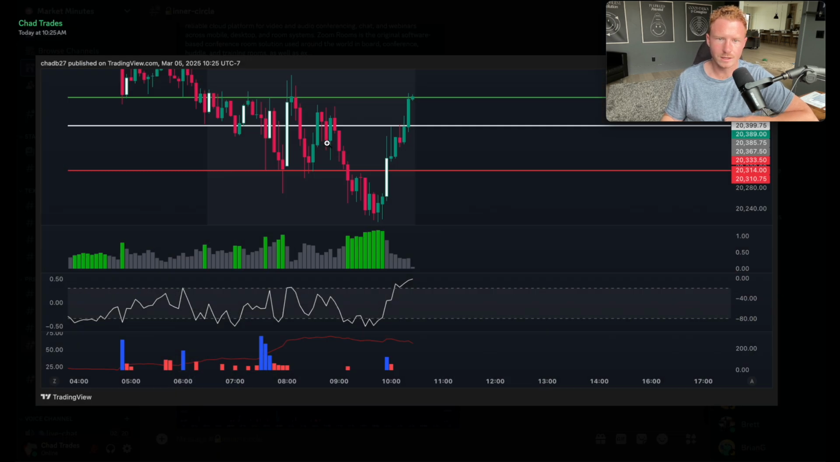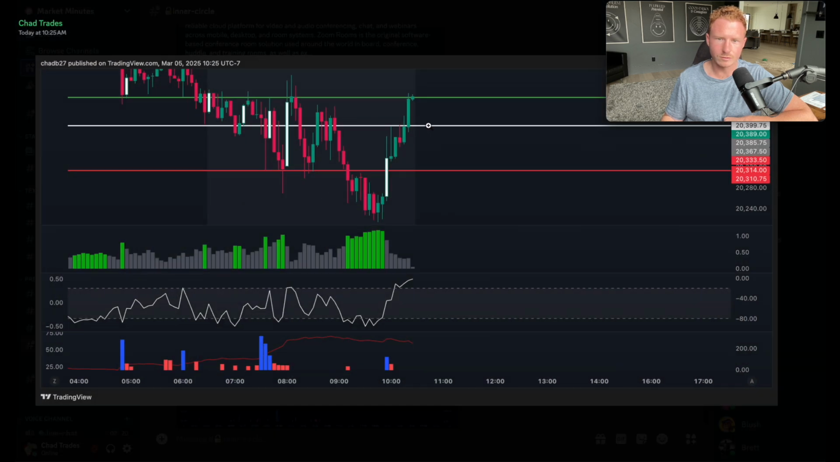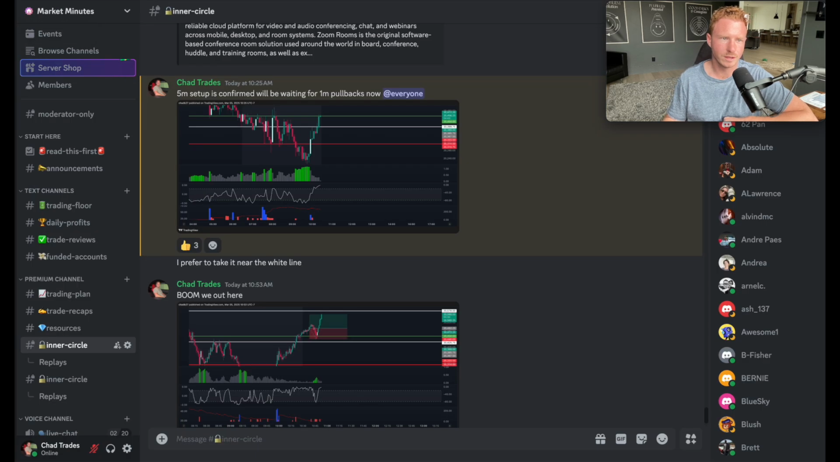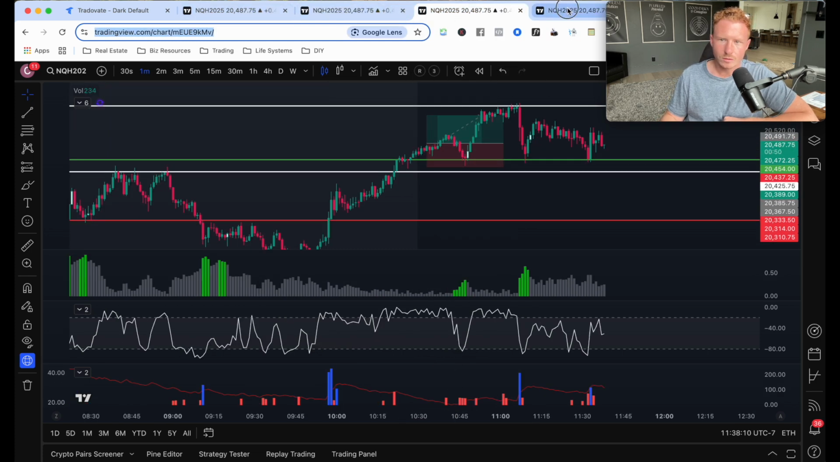As you can see, this is right here when we close above this white candle. We got this candle close above it and this candle close above it. Next thing I said was I prefer to take it near the white line, this white line right here. So where did this come from, and why did I think we could pull back here and that would be a good entry point? What I did was I went back to the 15-minute time frame, which is right here,